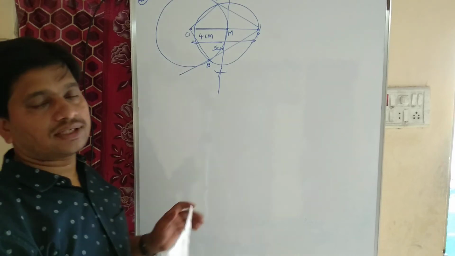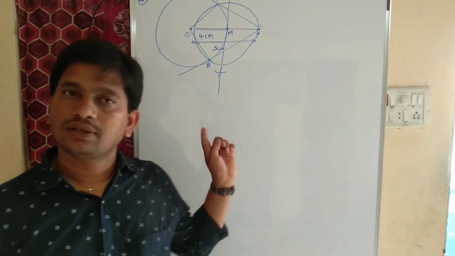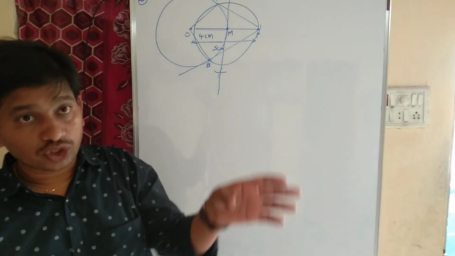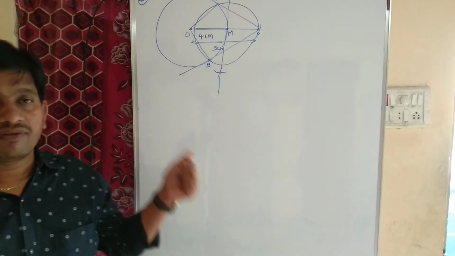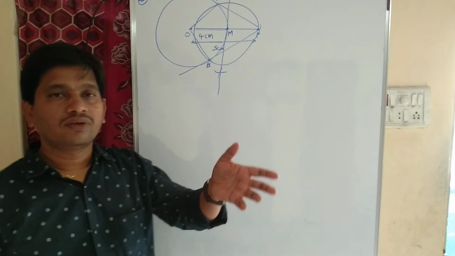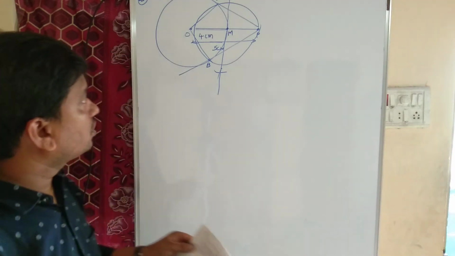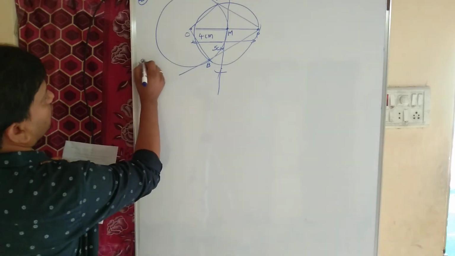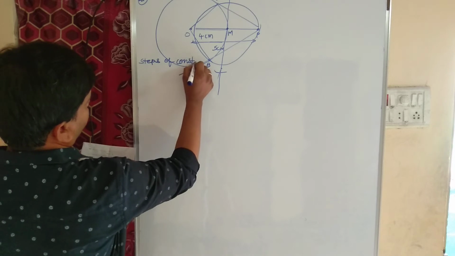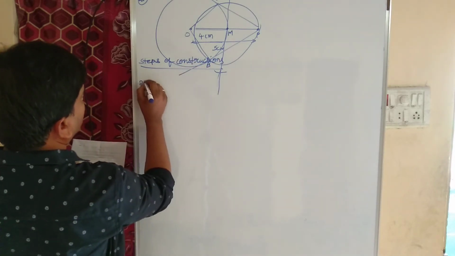Children, as I explained in our previous video how to construct a pair of tangents to a given circle, once you go through it, because there I use instruments. Accuracy is important when we are doing constructions. Not by hand, we need to use proper instruments. Now coming to the 26th question, you have to write the steps of construction, children. There I explained each and everything neatly once you go through that video.